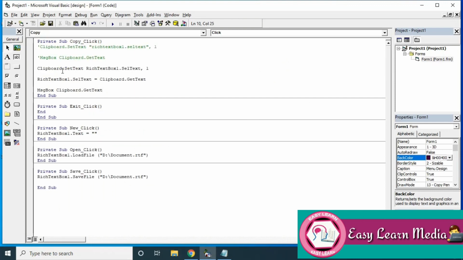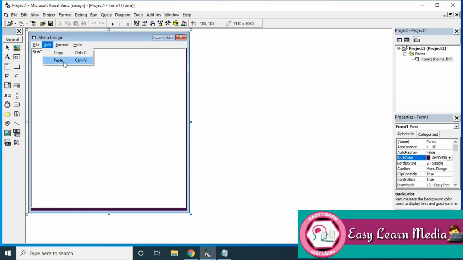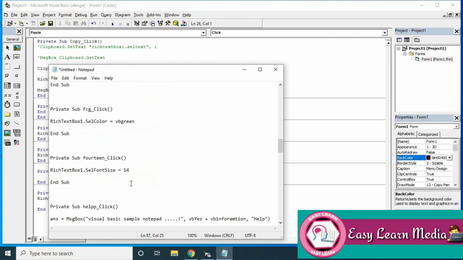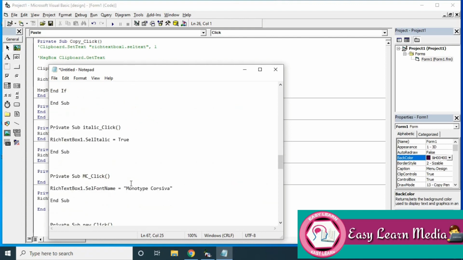So Clipboard.SetText of RichTextBox1.SelText equal to, Clipboard.GetText. Whatever text is copied in the clipboard will be assigned to RichTextBox1.SelText. And finally, for our convenience, a message box is given for the clipboard content. Whichever content is in the clipboard will be shown to the user. If you don't want it, we can leave the message box out also.